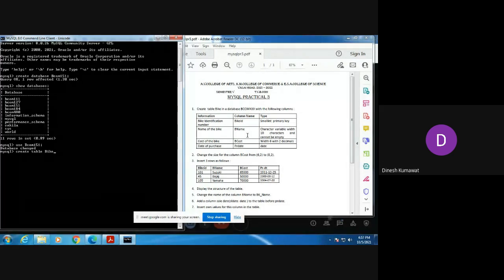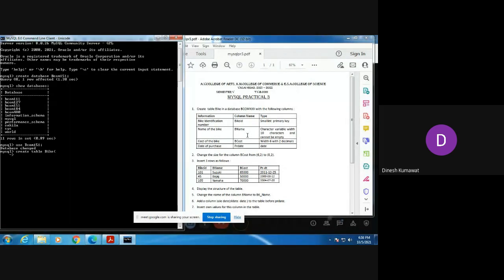For adding the columns in my table, first you need to open a bracket at the end after this word bike, and then press enter, because this is a structured query language, which means we need to give the proper structure. So now the column names that we need to add, we will add one by one, line by line. After create table bike, you open a bracket and then press enter.